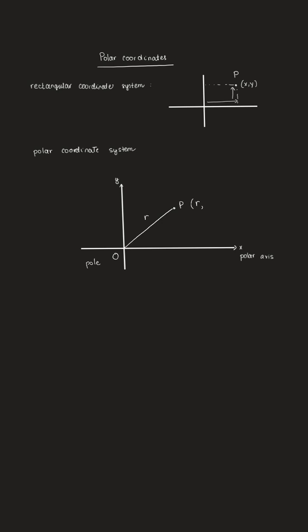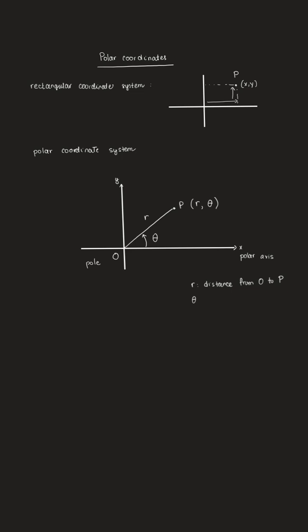So r is the distance that the point is from the origin, but that's not enough, right? Because we can have an infinite number of points that are r away from the origin. They'll form a circle. So I also need another way of defining the location of that point, and that will be the angle that we make with the positive x-axis. That's going to be theta. So our point will have coordinates r, theta, where r is the distance from the pole O to our point P, and theta is the angle that we make with the